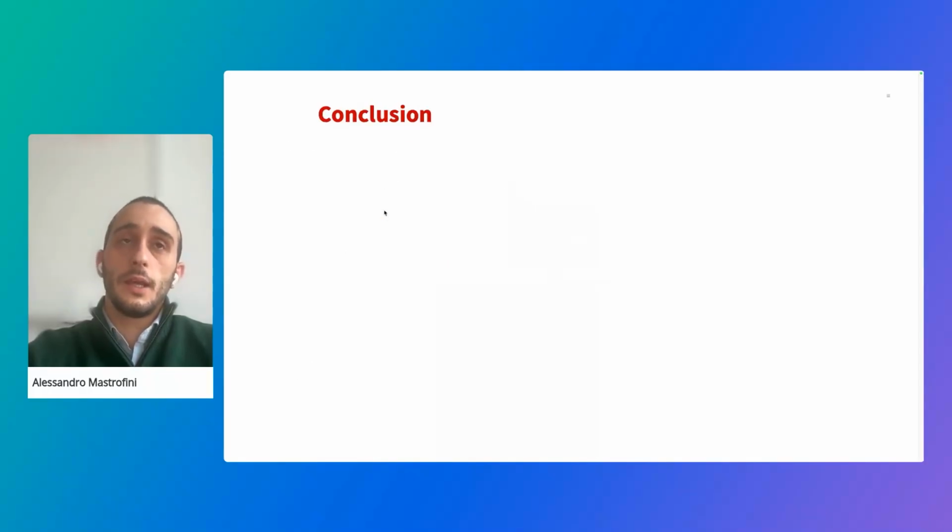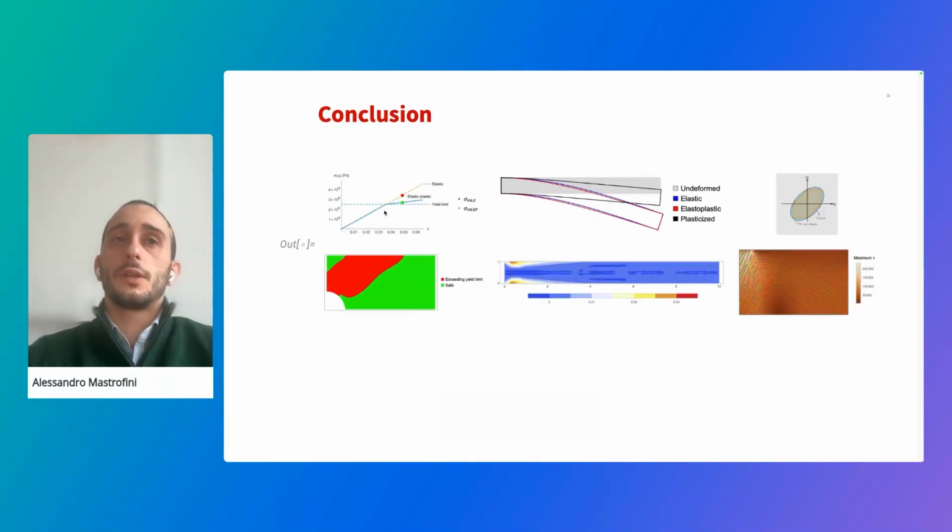Okay, so in conclusion, we have seen that we introduced a lot of examples and a lot of information about plasticity. We can finally model elastoplastic materials, so going beyond the elastic limit. We can not only reproduce the hardening, linear hardening, perfect plasticity. We can compute final permanent deformation, so no load, only the